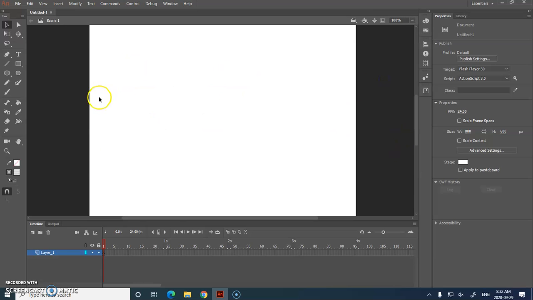So one thing that we can do from our properties right when we start is if we make the stage a certain size and we just decide, you know what, I want to make a web banner that goes across the top of a website, but I've maybe created a couple things already and I just don't want to start a new document from scratch. So in our properties,